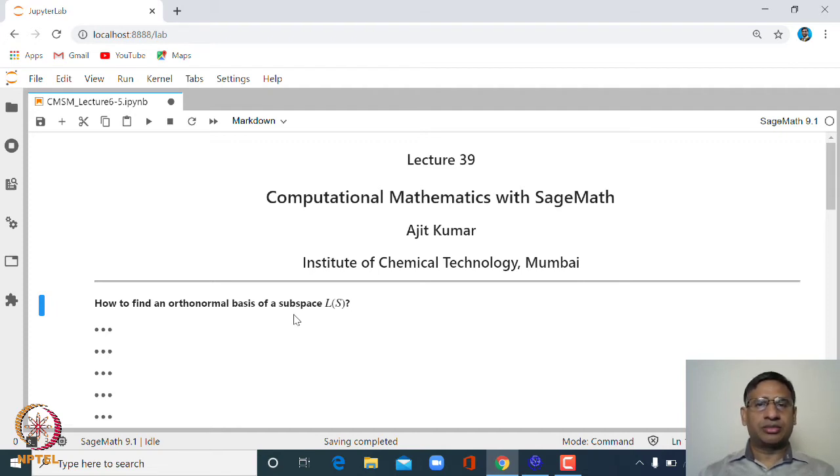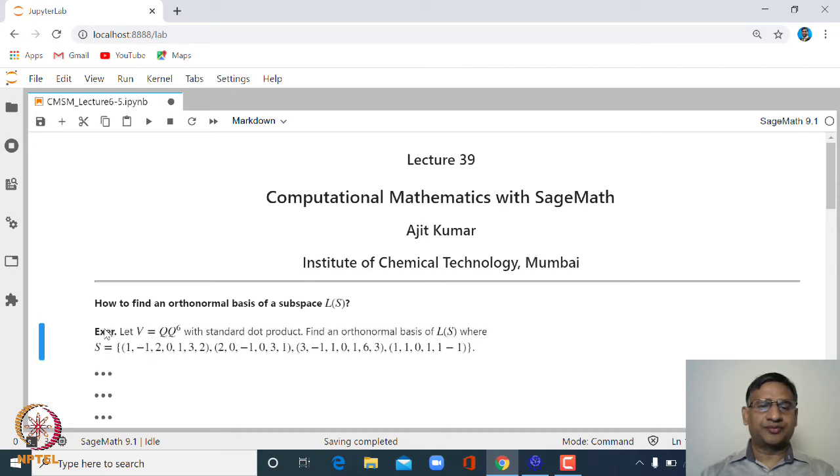It can be singular, it can be rectangular. So one can apply this QR factorization to L of S, that means the set of vectors. Take S to be the column matrix consisting of the set of vectors from S, or you can apply linear span of S. You will get a basis matrix of L of S, a set of basis vectors of L of S, and then apply the Gram-Schmidt orthogonalization process to that. So that you can do.